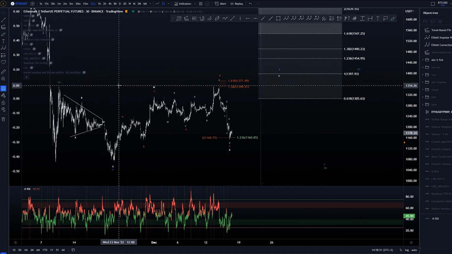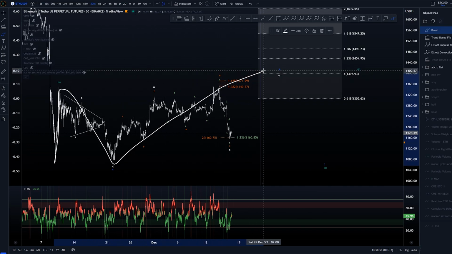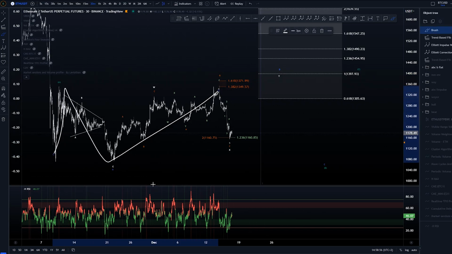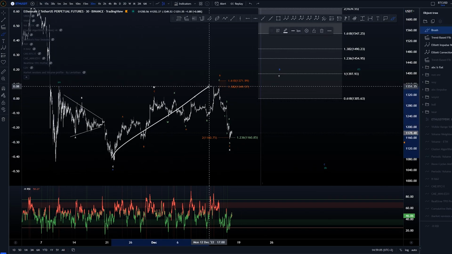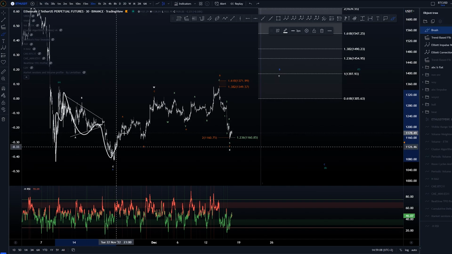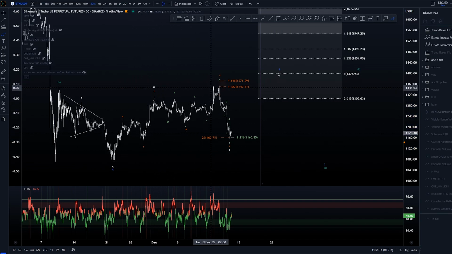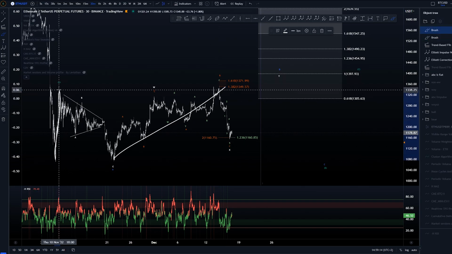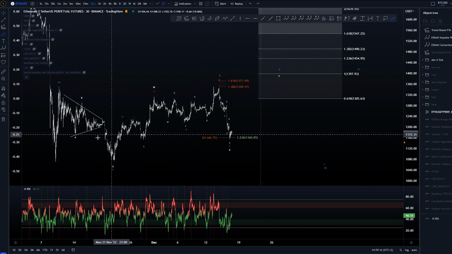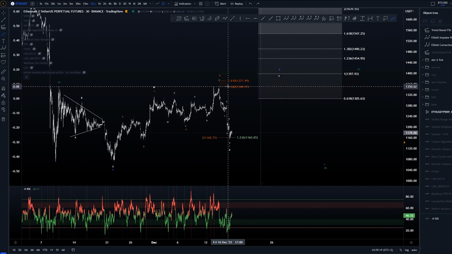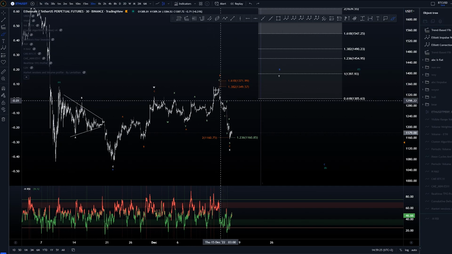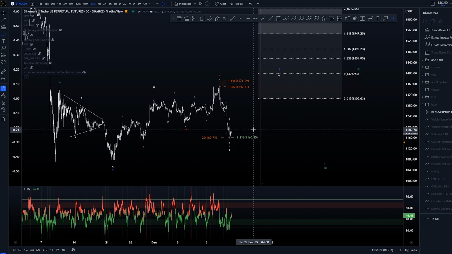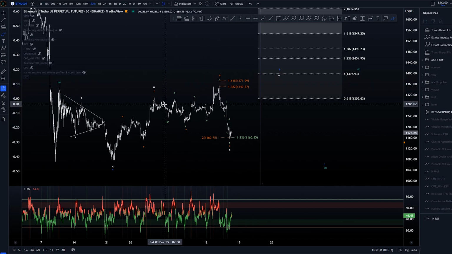If we again want to say that, okay, this is done, this whole structure like so, we don't really get a market symmetry between this potential C wave, or whatever you want to be calling this, with this one, or wave Y probably, because we had 3, 3, and then 3. No market symmetry really between this one and this one, according to time at least. Of course, in price they are similar, and on ETH and on Bitcoin we just took out the highs here on both. So again, that is somewhat significant,